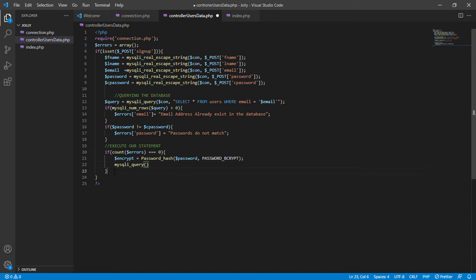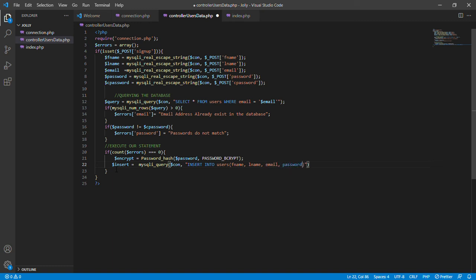It will probably be best to declare a variable first. Variable insert is equals, so we know if the data went in or not. So variable insert is equals to mysqli query, of course our connection string, and then this time our SQL statement. Insert into users. Now the values we are going to insert: first name. These are the columns inside our users table: first name, last name, email,